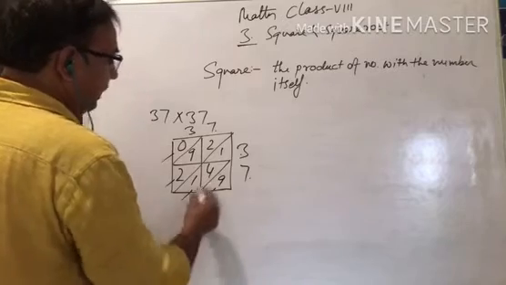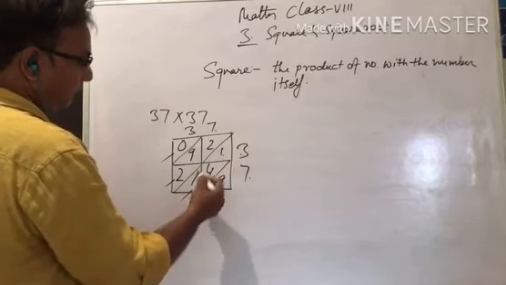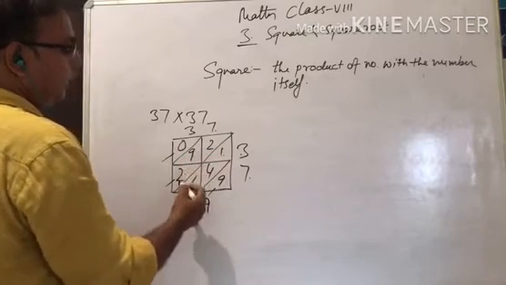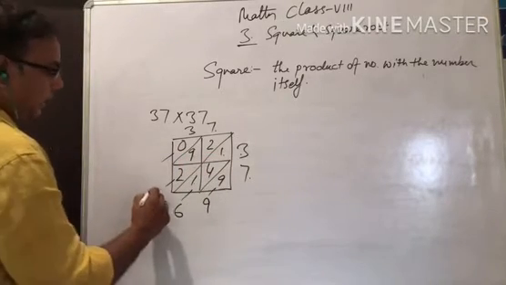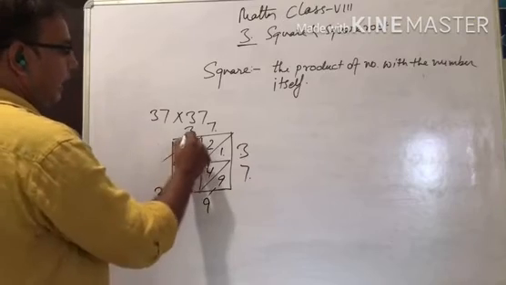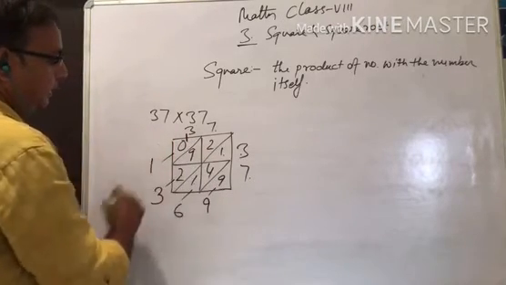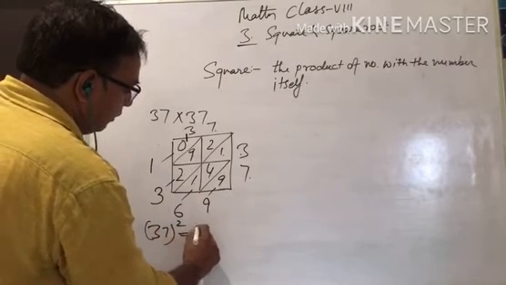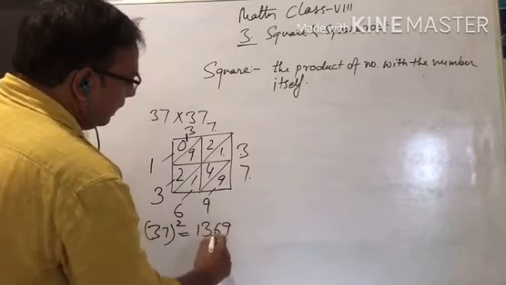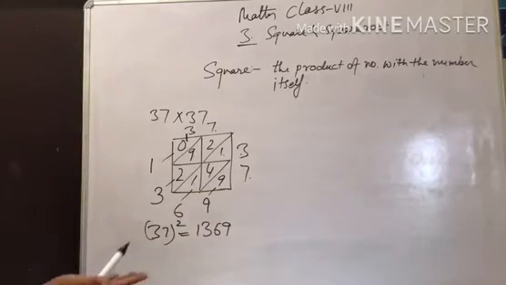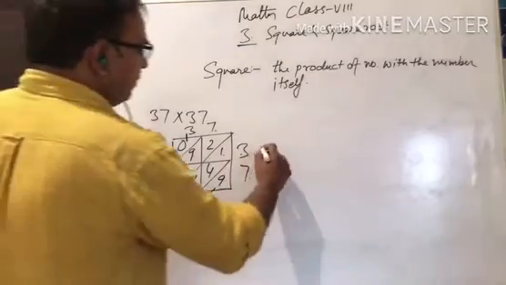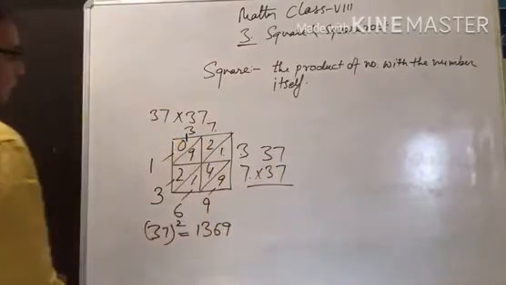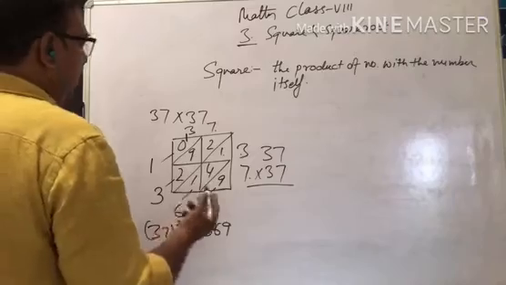Like here is 9, 4 plus 1 is 5, plus 1 is 6, and then 9 plus 2 plus 2. So 9 plus 4 is 13. So you write 3 here and carry 1 over here. Then this is 3. So 37 square is equal to 1369. This is a way, and there are so many ways, and the simplest way is 37 times 37. You can multiply by this also.